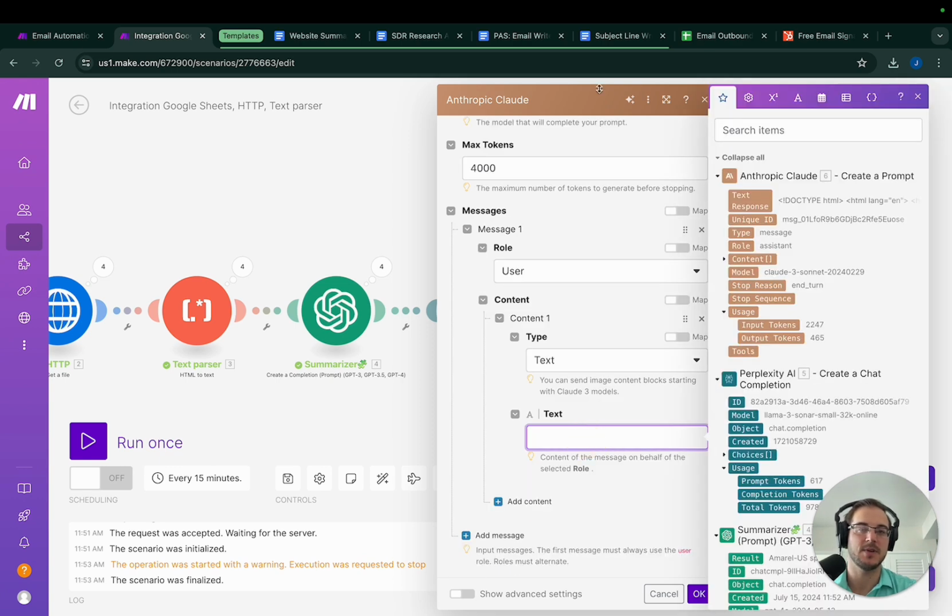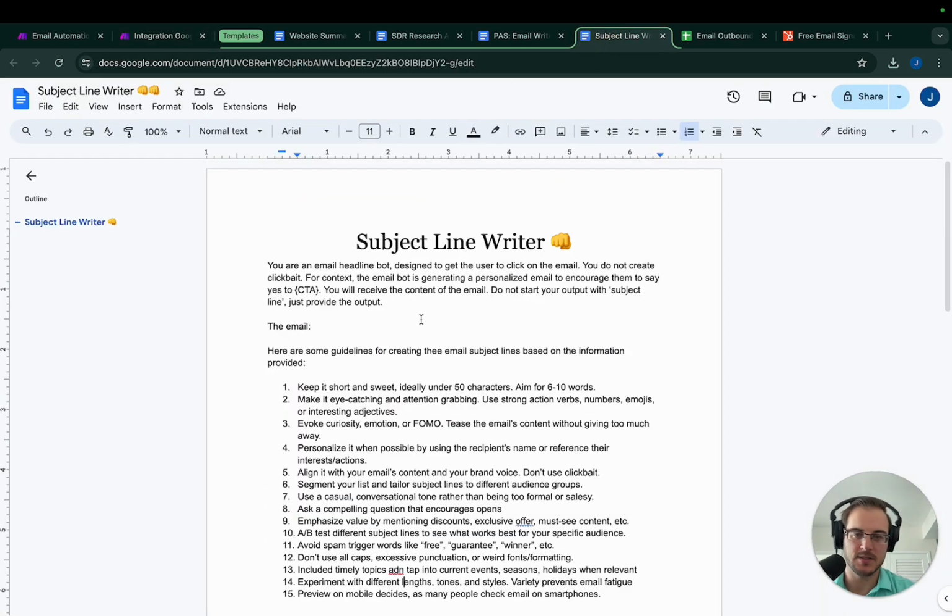All right, and then the text we need. So this one is a tough one. This one is a toughie because everyone writes a little differently, and I recommend experimenting with this one the most. So this is the one I've found tends to work best. It's kind of a very detailed offering. This offering, of course, is like ChatGPT written, so it's not as clear as something else would be, but